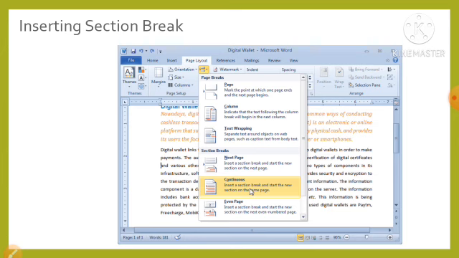Now we will be learning about the section break. A Word document mostly consists of more than one page. In most cases, all the pages of a document have the same formatting, margin, size, orientation and number of columns. If we want different portions of a document to have different formatting, margins or page settings, we can divide the document into many sections by inserting section breaks. We can insert a section break by clicking the Breaks button under the Page Setup group of the Page Layout tab, as shown here.